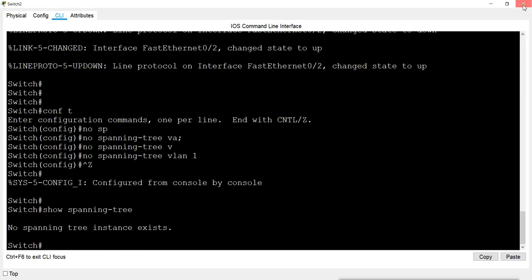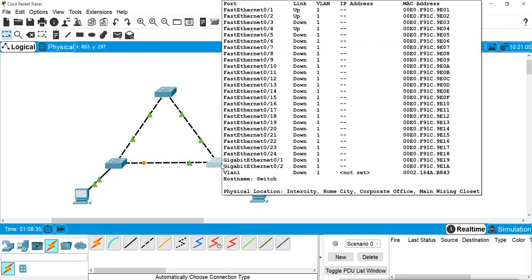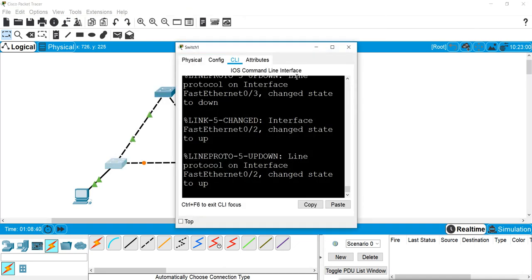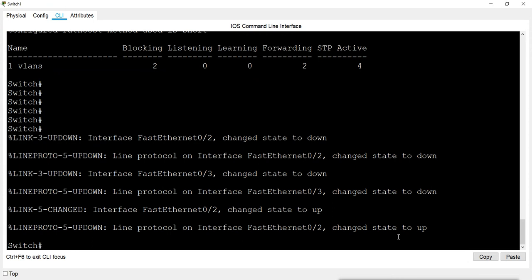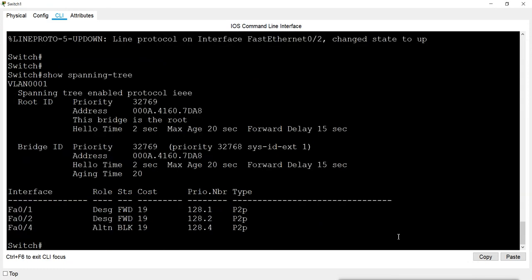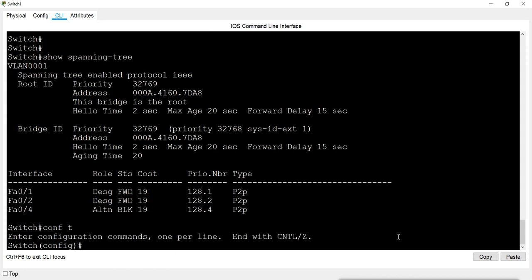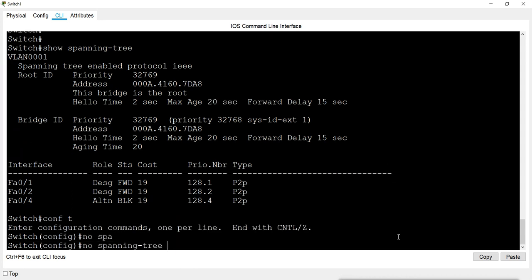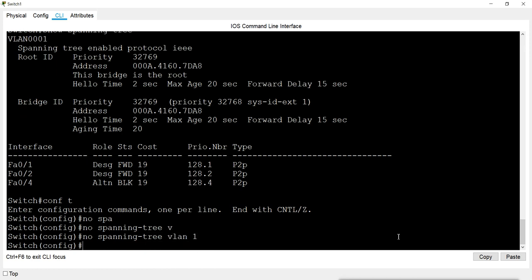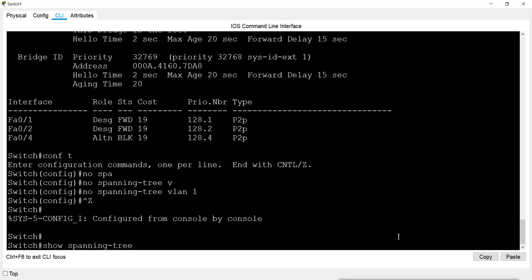Still nothing is happening because we have one switch running STP. So I will disable it on the last one also. If I check show spanning-tree, it is still showing it is running, but now I am going to disable it: no spanning-tree vlan 1. Now it is disabled here also. Now what is happening here? When I check show spanning-tree, there is no spanning tree here also.